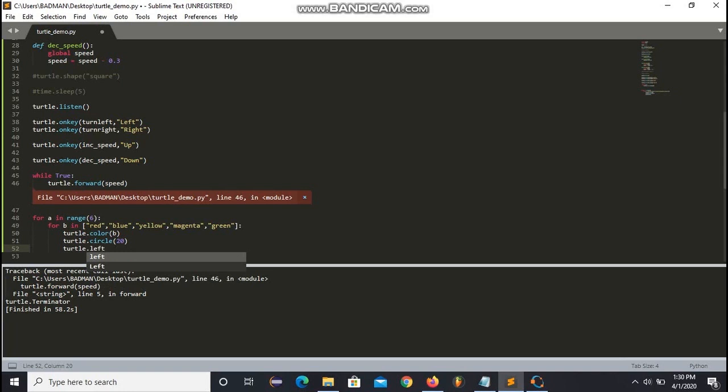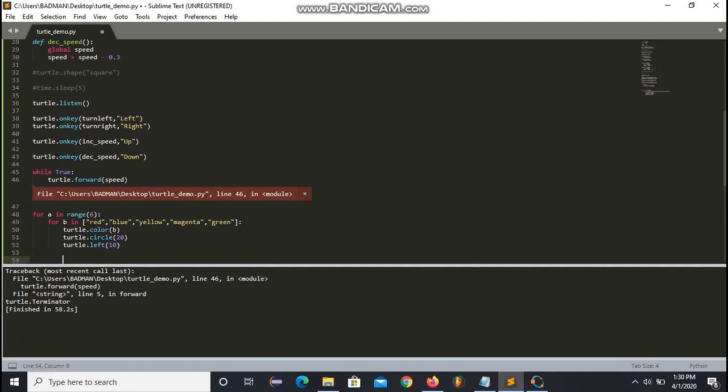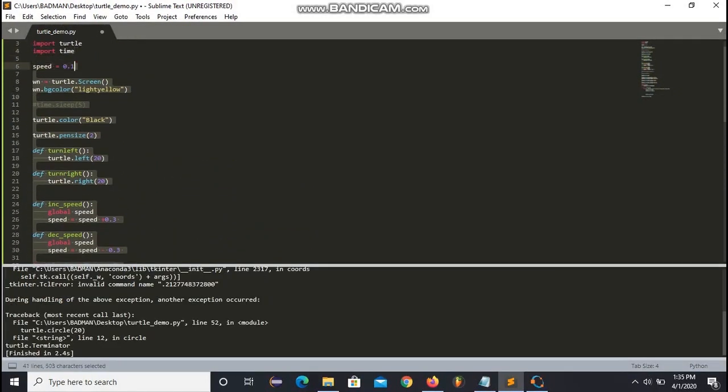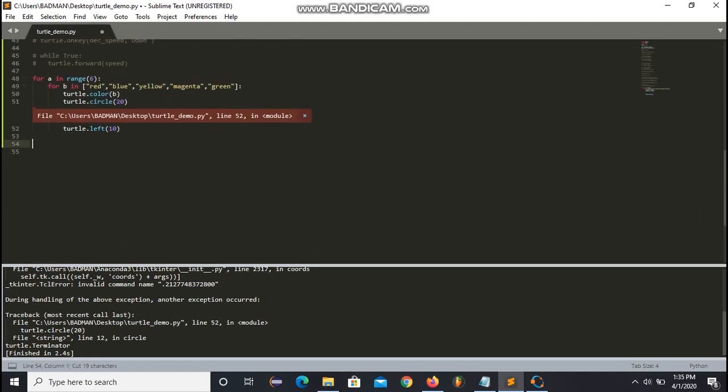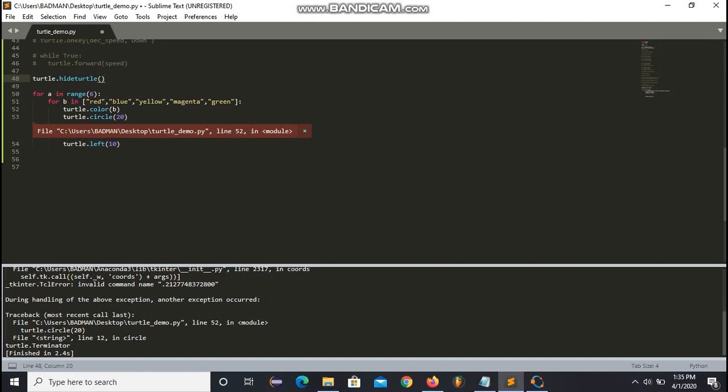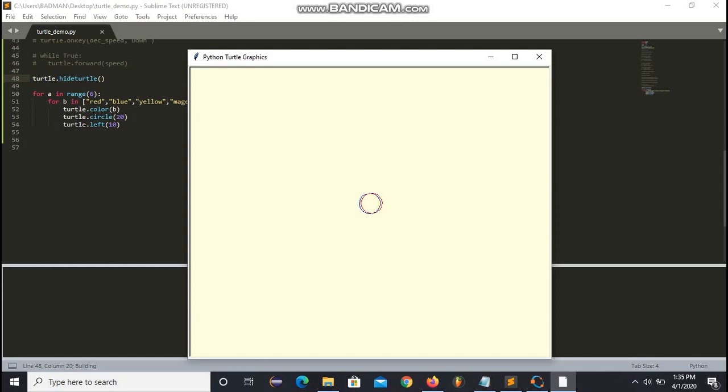Now I want to change the angle of my turtle so that I can draw overlapping circles. For that I have to use the turtle.left function, and I am changing its direction by 10 degrees. After that I want to hide my turtle. So here I have to comment all these things, and I have to shift this statement here because we want to hide the turtle and then draw the circles. Now you can see the circles are being drawn,